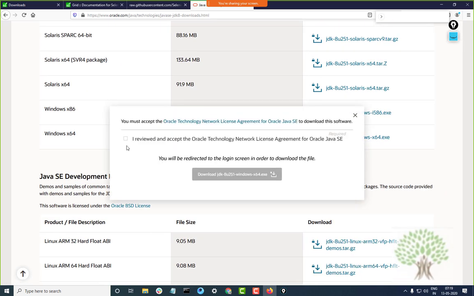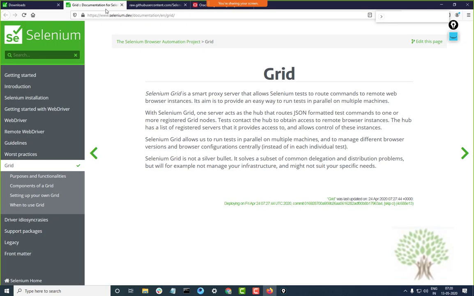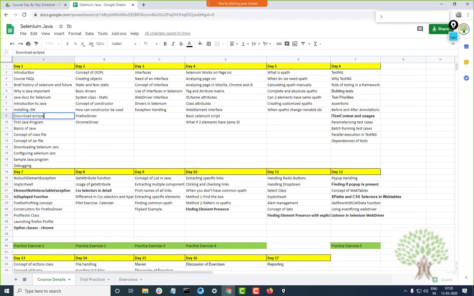You will have to create an account on Oracle. Okay. Sorry, when you try to download this, it will ask you user ID password. You'll have to create an account on oracle.com and download JDK 8. So don't install JDK 14, please install JDK 8. Fine, because otherwise you can get issues. Fine, the next thing is downloading Eclipse. Most of you must be knowing about Eclipse.